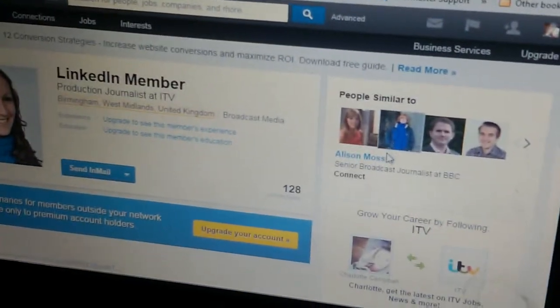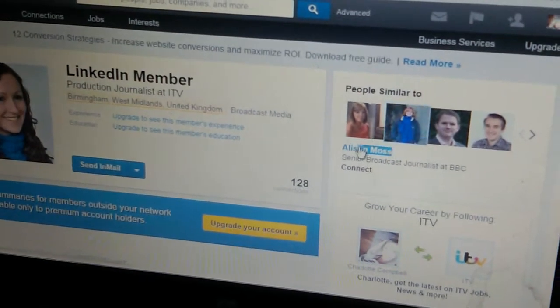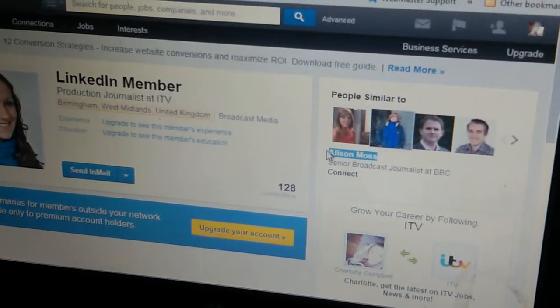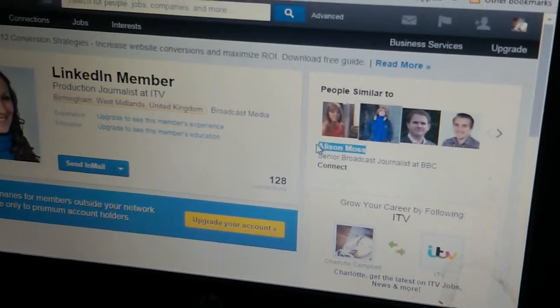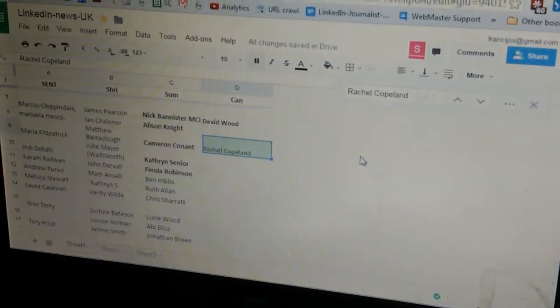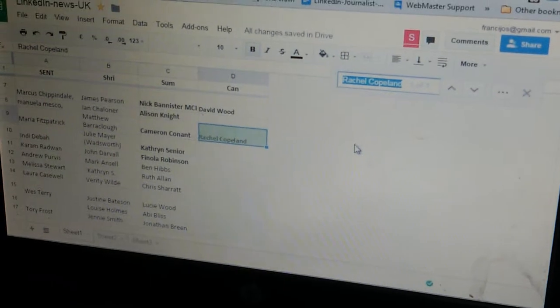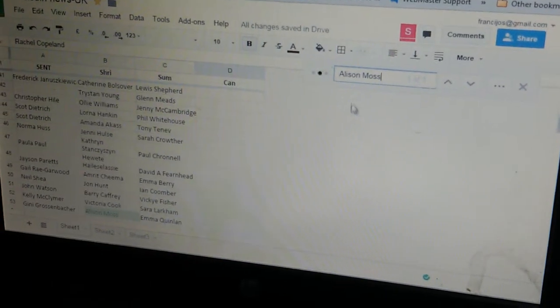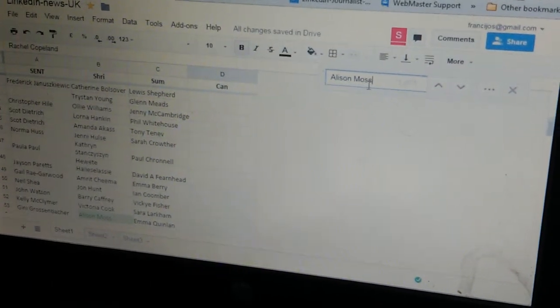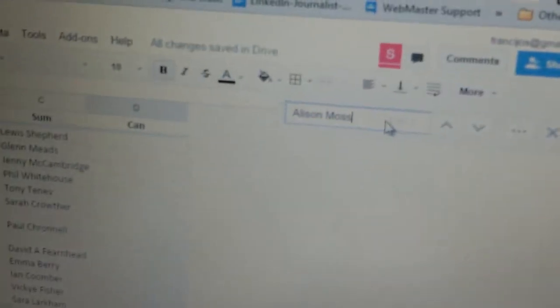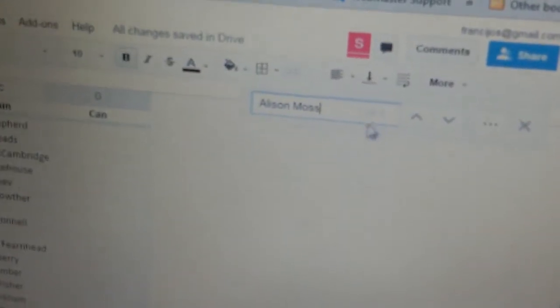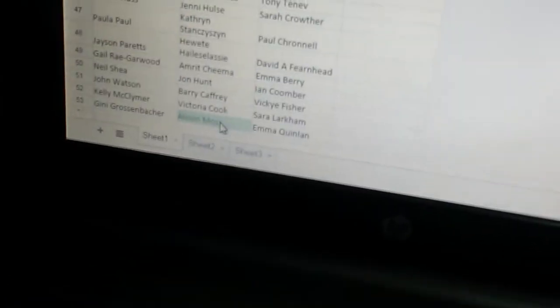Come to the other image, copy the name Alison Moss, do Control C, which basically copies the name, do Alt Tab, which toggles the window. Over here do Control F and then Control V, which searches whether Alison Moss is there or not. And as of now it shows us 1 of 1. That means Alison Moss matches another name in this file.